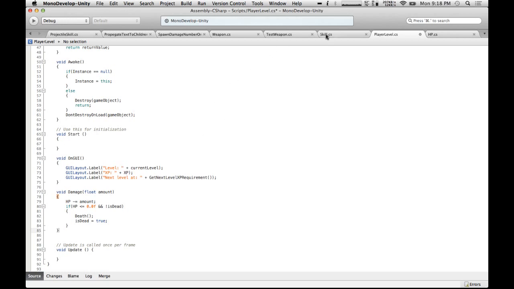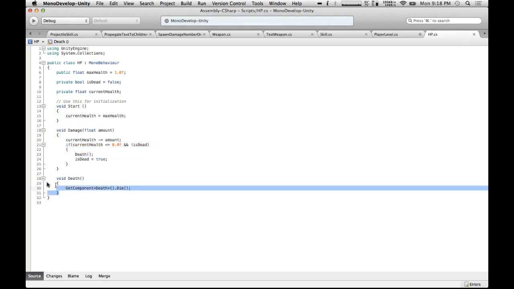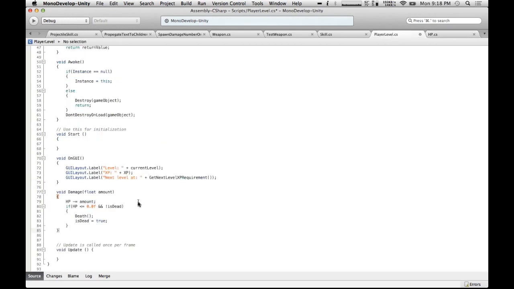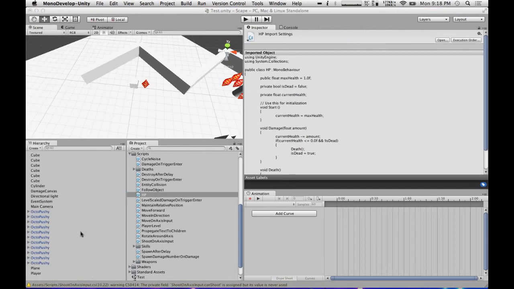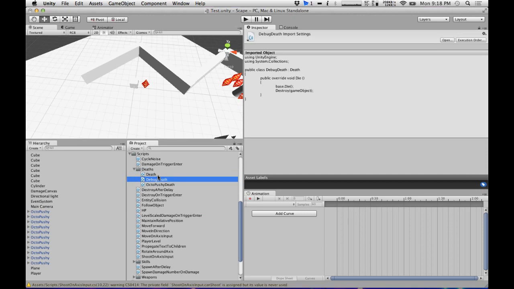And death. What does death do? Get component death dot die. Whoa. Isn't that cool? Get component death dot die. Yeah, isn't that sweet? Well, what's cool about this is the system allows us to have separate programmed deaths for different